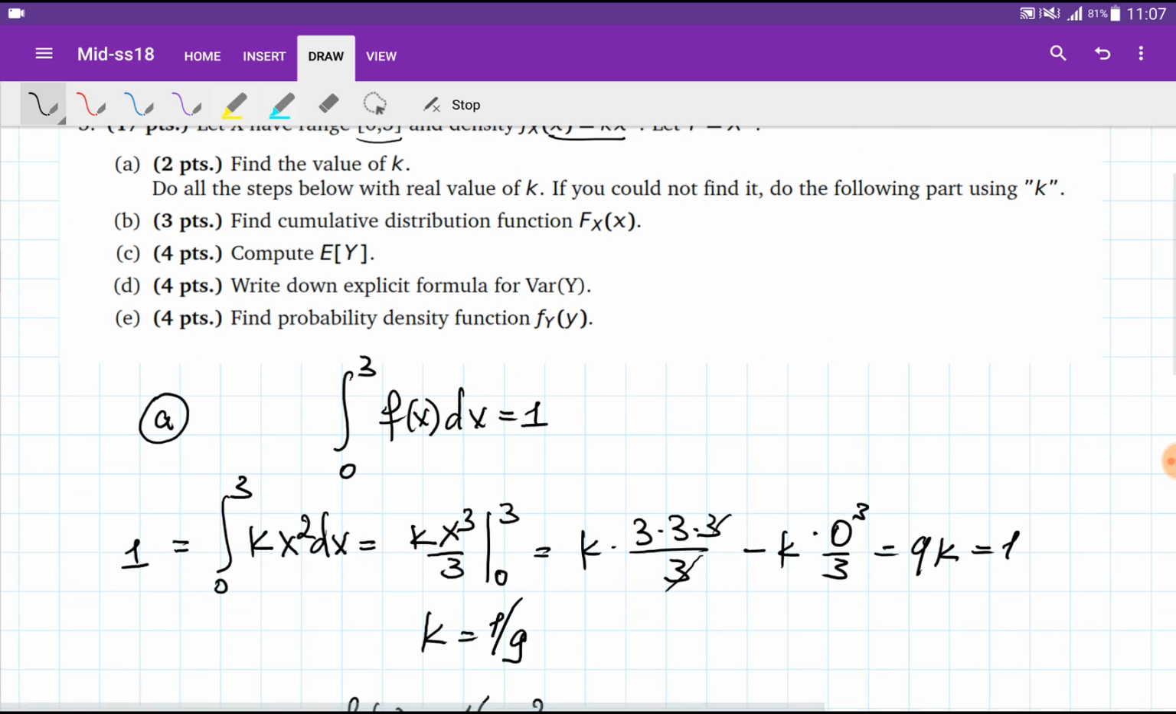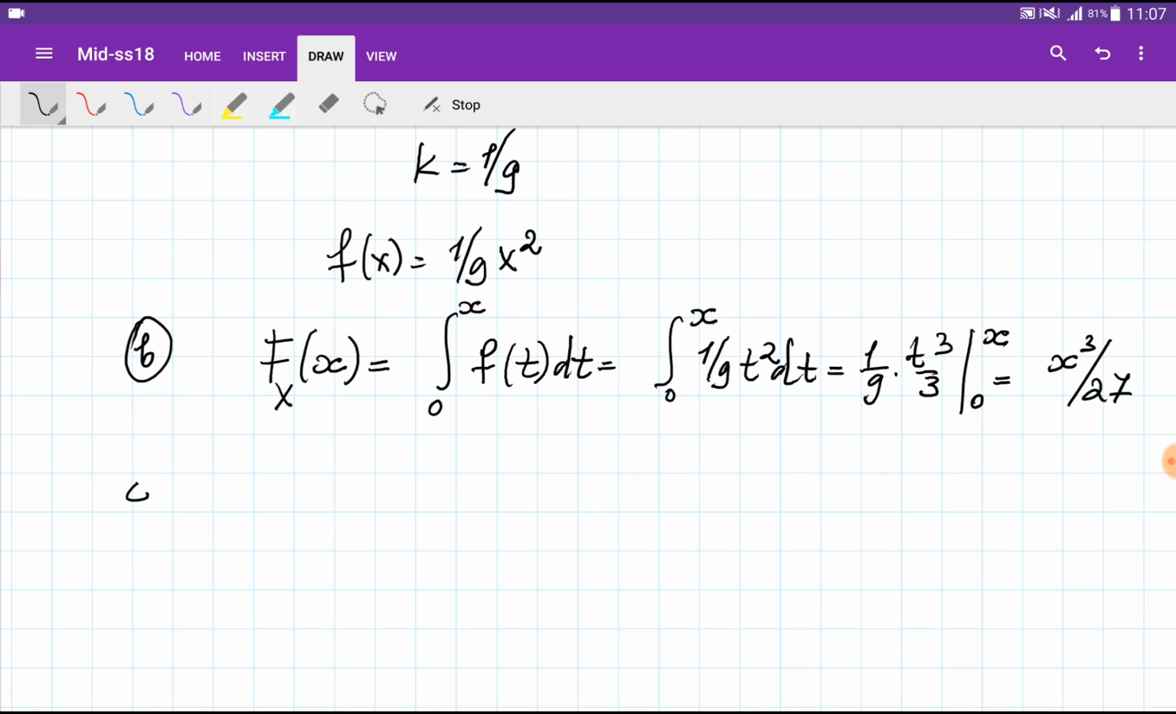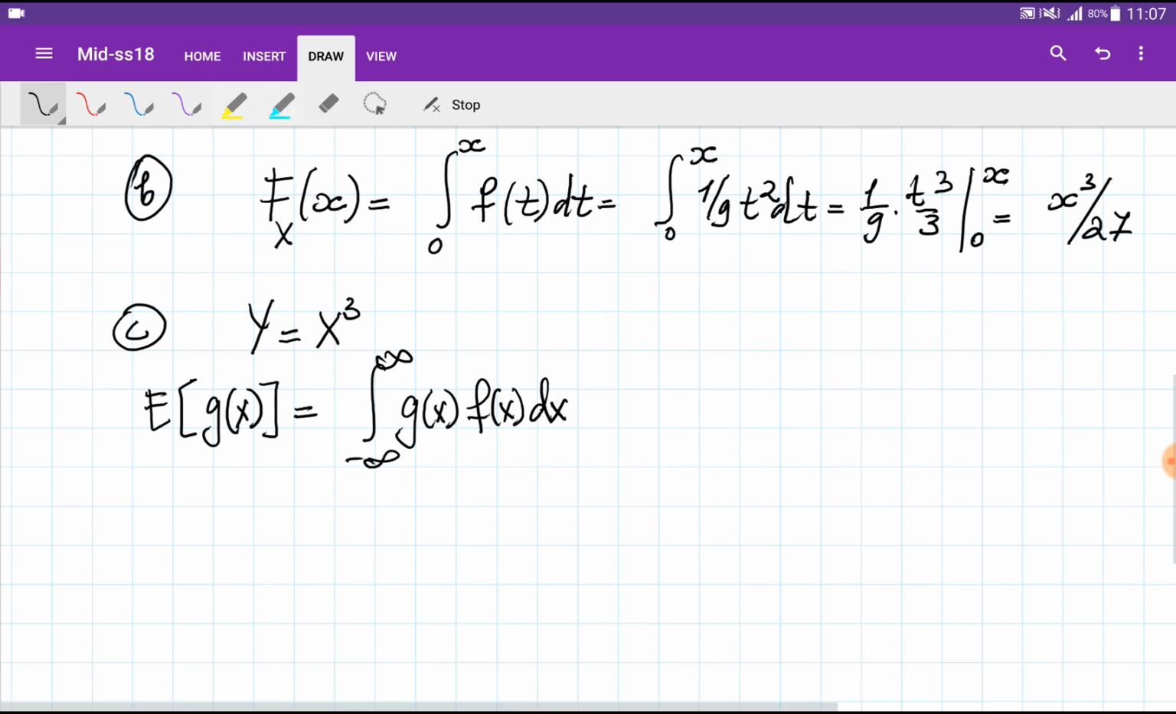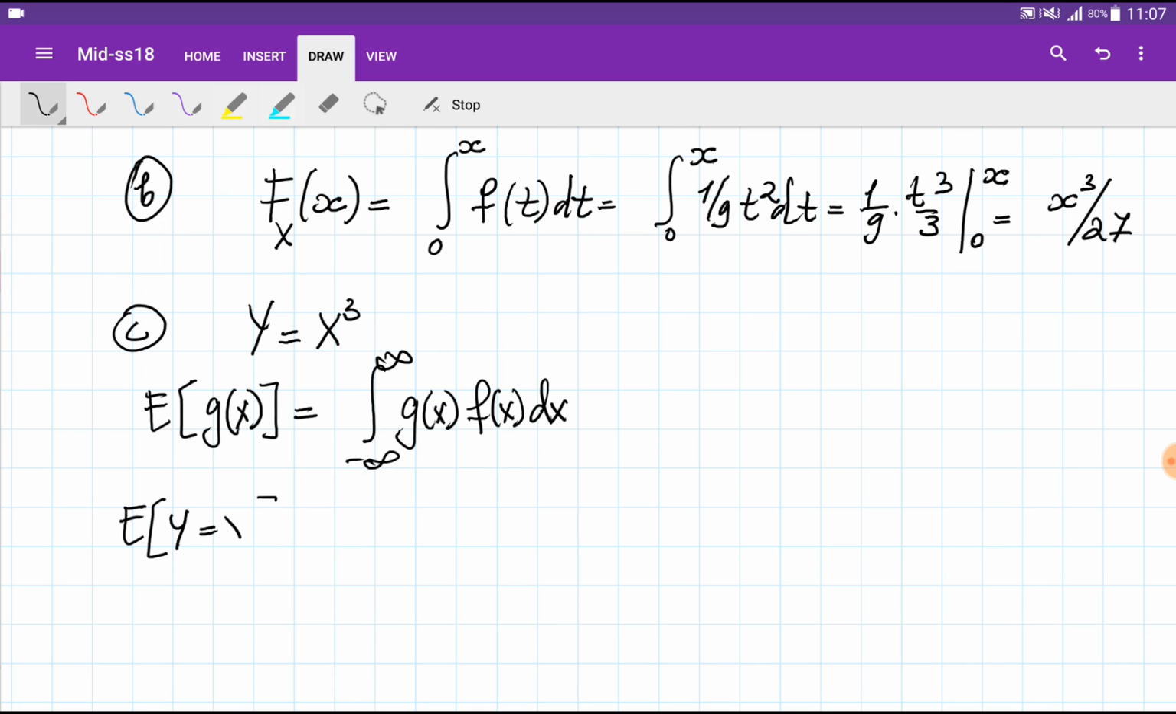And in the next problem, we need to calculate the expected value of the new variable y, which is simply equal to x cubed, right? So we need to use the formula. The expected value of some function of x is equal to the integral of this function multiplied by the density function of x. We need to integrate this from minus infinity to plus infinity, or over the region where the density function is non-zero. So the expected value of y, which is equal to x cubed, is equal to the integral from 0 to 3 of x cubed multiplied by the density function, which is 1 over 9 x squared